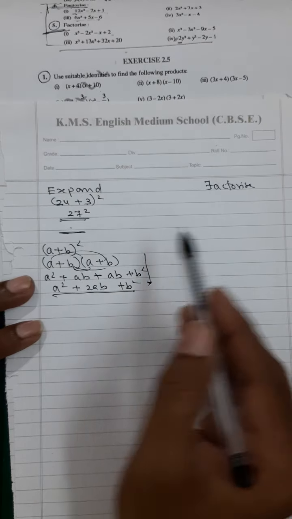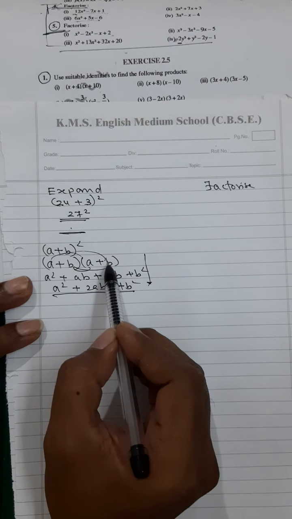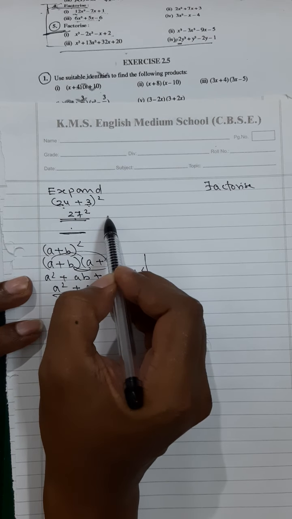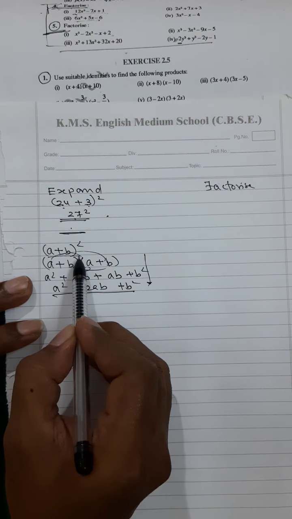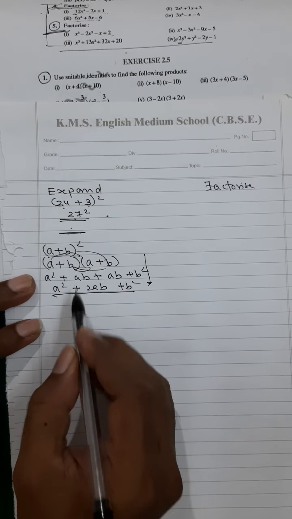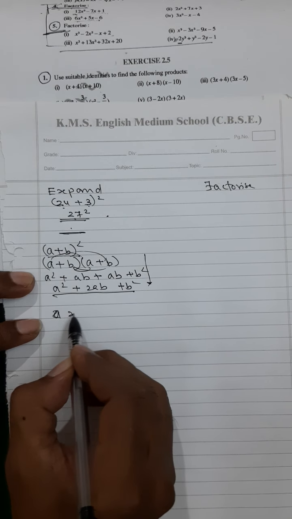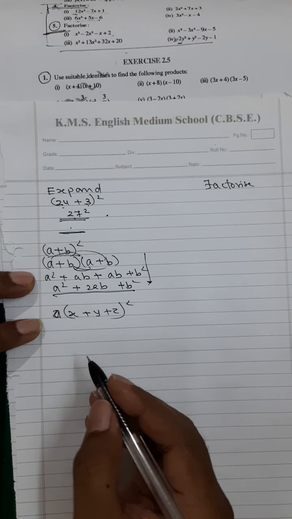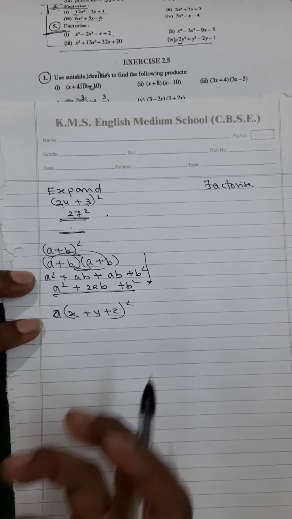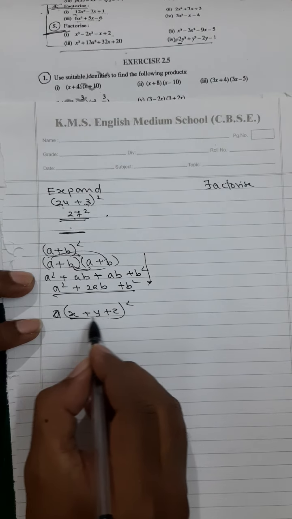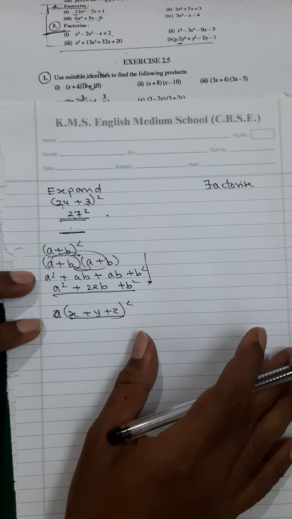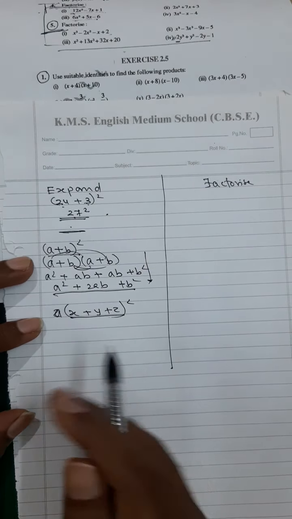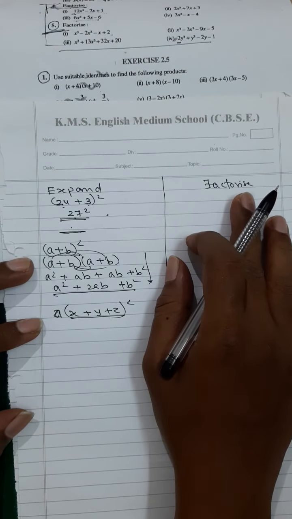But basically we are doing what? We are doing this same thing. We are multiplying the brackets. 24 plus 3 into 24 plus 3 would be 27 into 27. Same thing we are trying to do over here. We are trying to multiply the brackets even if it is a plus b the whole square or if it is x plus y plus z the whole square. We are using identity over here. But in the end, whatever answer we are getting is basically the answer of x plus y plus z into x plus y plus z. That is what we are doing over here. And exactly reverse we are going when we are asked to factorize.